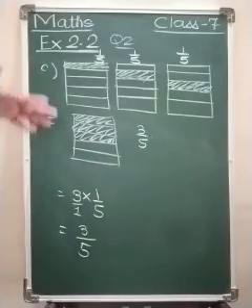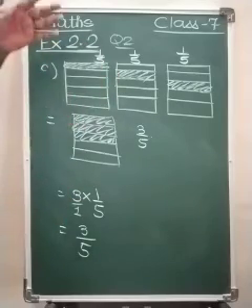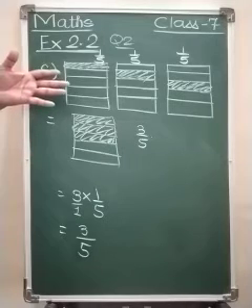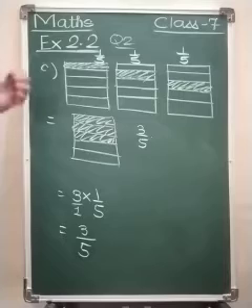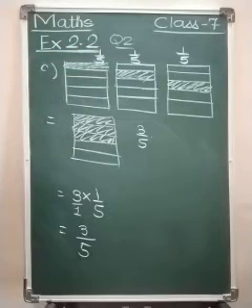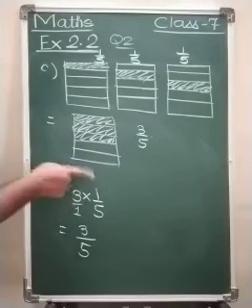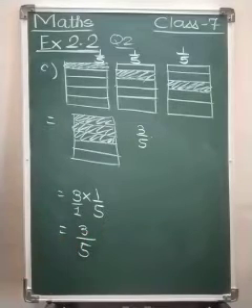So this is called the pictorial representation of fractions, and we have tried to solve this pictorial representation. While solving the further sums, it will be very clear to you how we multiply fractions. Without using the pictures, we can easily multiply the fractions. You just have to remember that for multiplication, the numerator is to be multiplied with the numerator and the denominator with the denominator. Okay, so we'll start with the third question now.